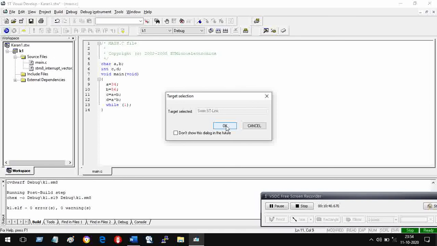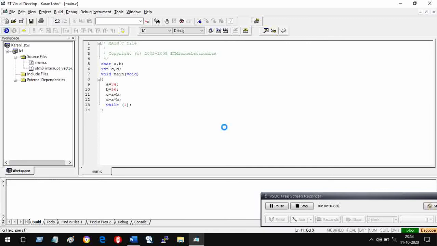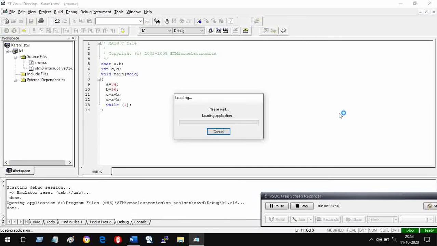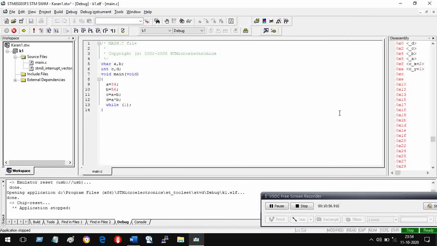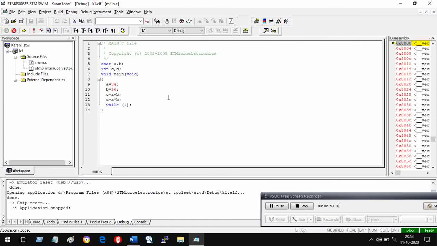How do you reach the target? To reach the target, you need something. So is it SWIM ST-Link? In my case, yes, it is SWIM ST-Link. So, okay. With the help of ST-Link, I am going to program the device and then debug it.